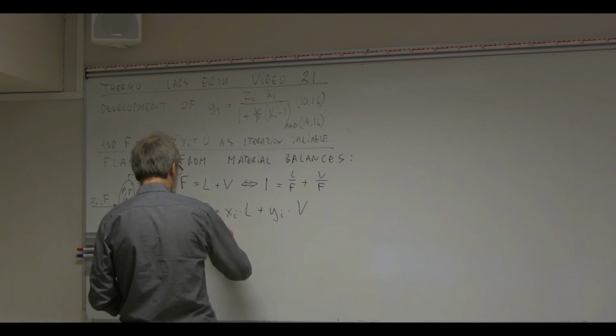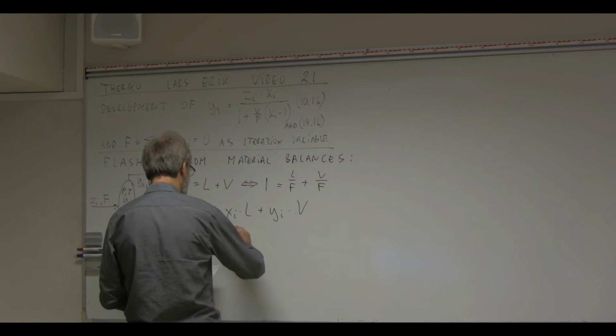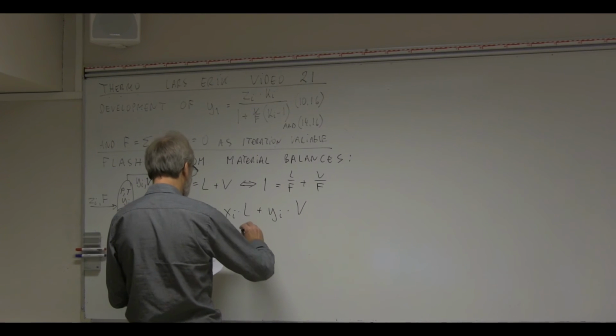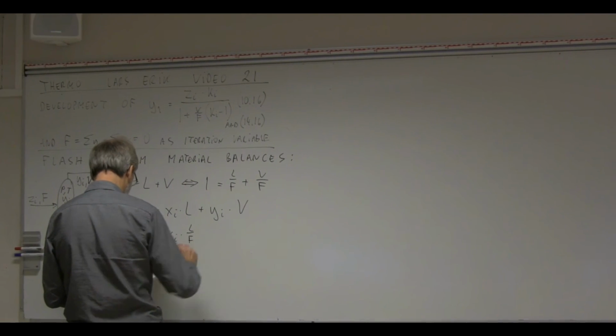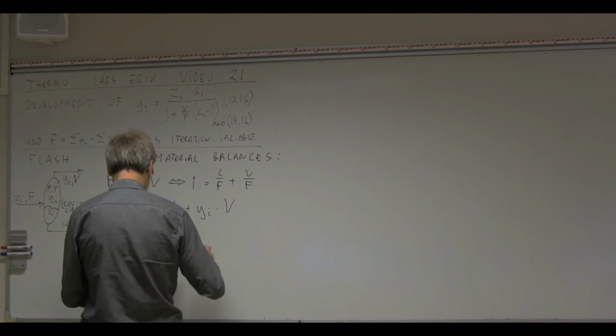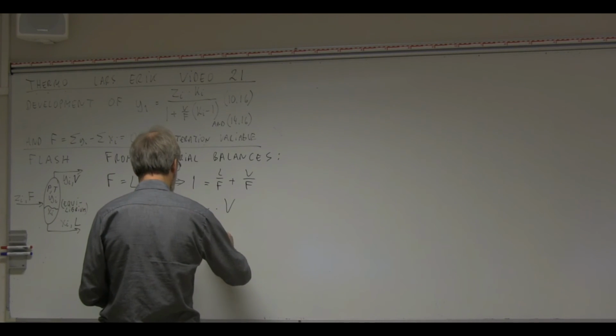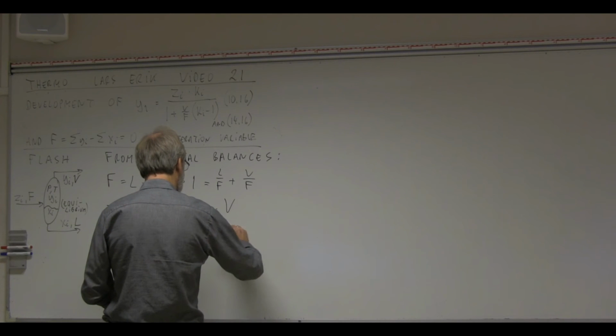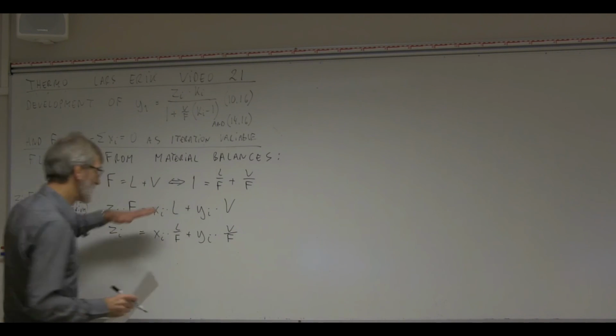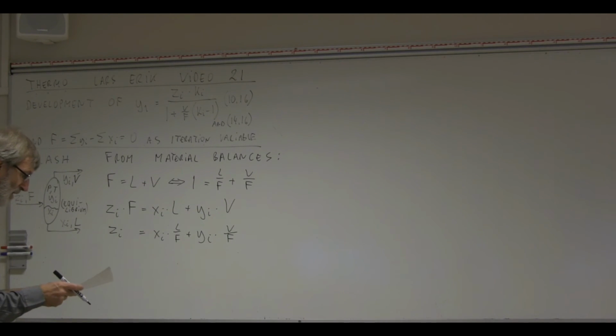Then z_i equals x_i times L over F plus y_i times V over F. I just divide it by F,